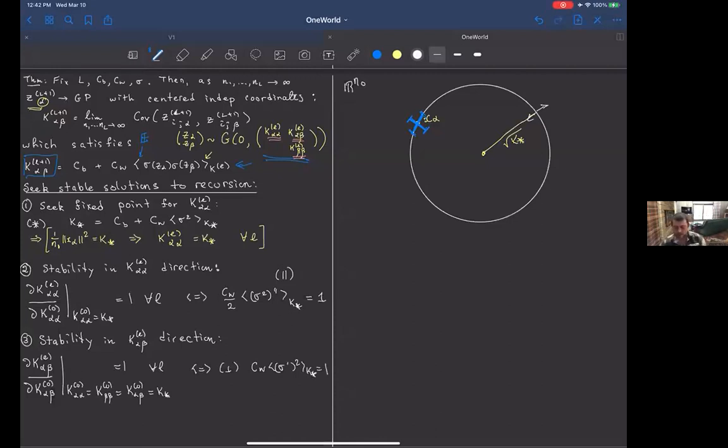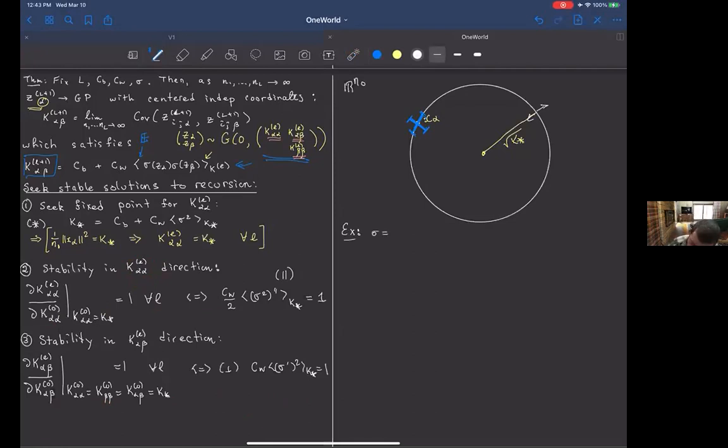So what I'm saying is that when you start asking what's the best you can hope for from your Gaussian process kernel, you will come down to these three equations. I want the variance to be preserved as much as I can. I want the variance not to jump around too much outside of where it's preserved. That's the stability condition. And then I want the covariance between nearby inputs to be approximately preserved. It turns out that that's the best you can do because you only really have 2 degrees of freedom. You just have CB and CW. Okay, so let me do an example, and then I promise I'll pause for questions.